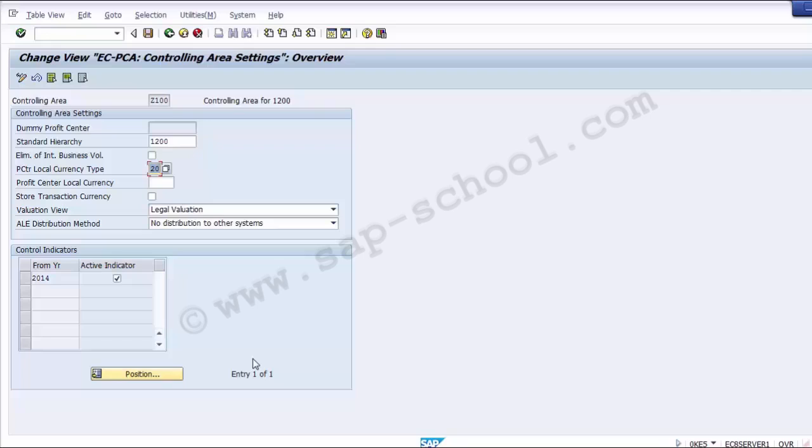In this we need to select the currency of the company code or the controlling area. This setting is directly related to the fact that a profit center can store transactions posted in three different currencies at one time. But what we need as of now is the currency for the controlling area or the company code. So we will take it over here as USD